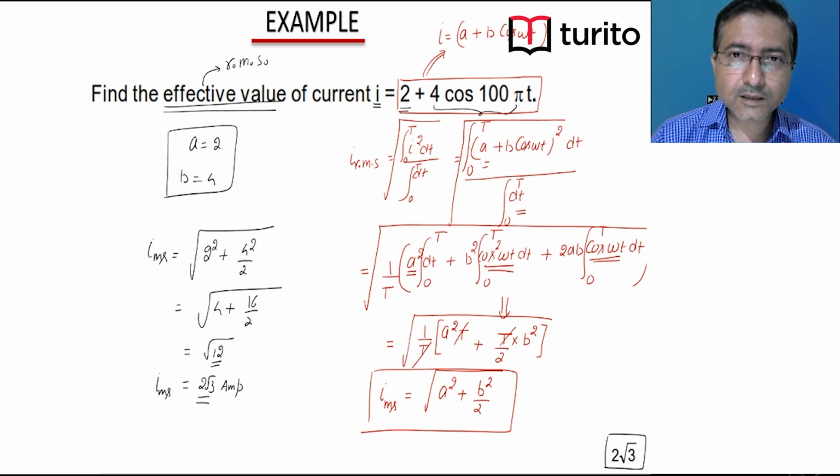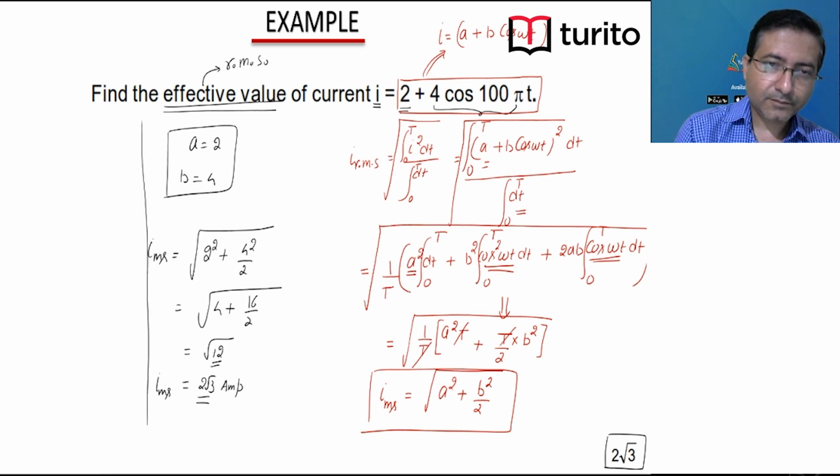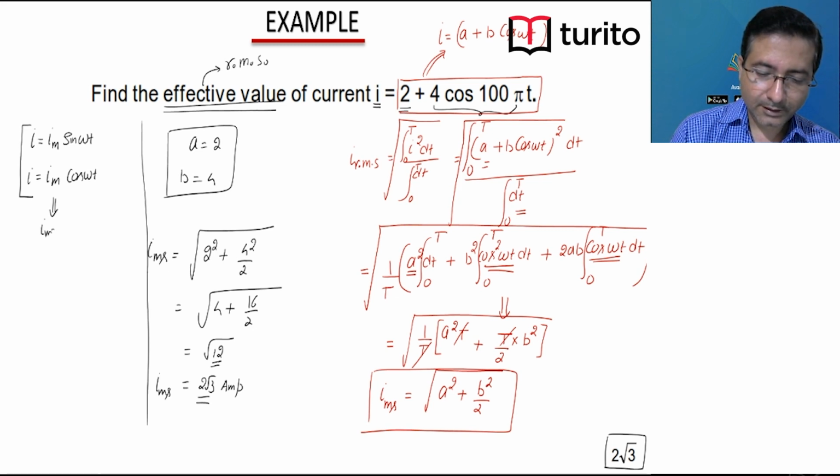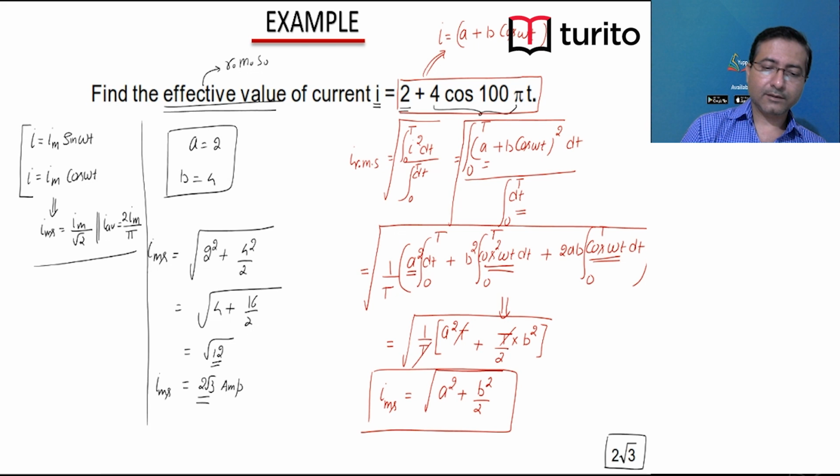So I hope this whole thing is clear. Any change in the format of what we have learned? See this one. I is equal to Im sin omega t, or it can be I is equal to Im cos omega t. As long as the functions are written this way, you have IRMS as Im divided by root 2, and I average is 2 Im divided by pi, right? And even if it is sin omega t